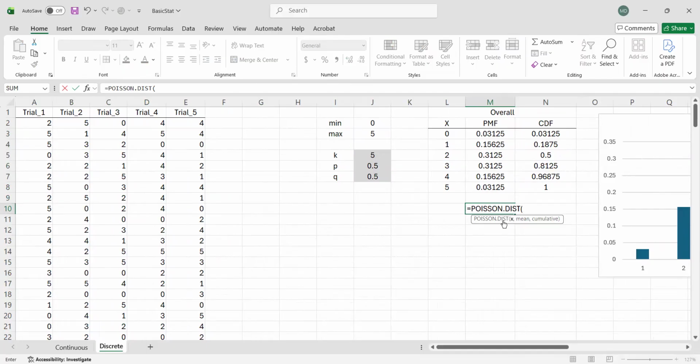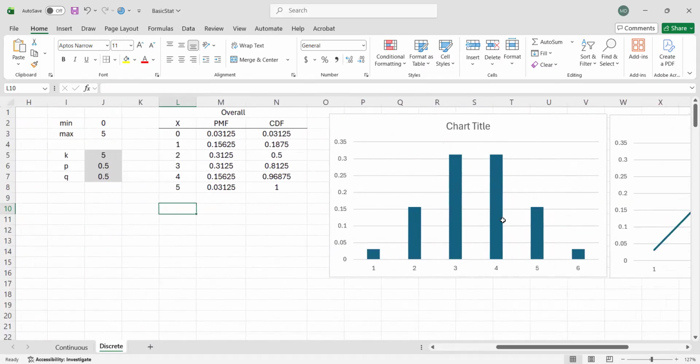So this is if we have more possible values but finite, unlike normal distributions which have infinite possible values. Okay, so I think that would be all.